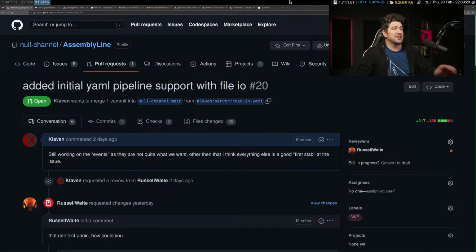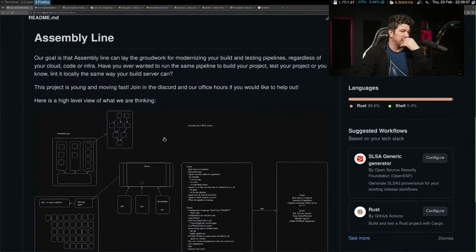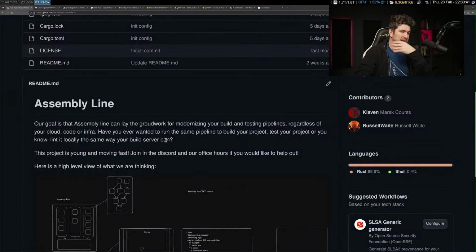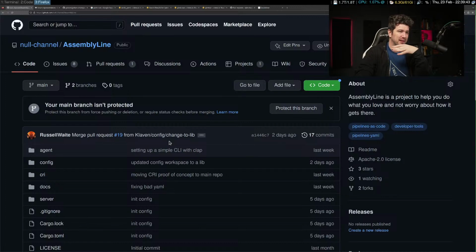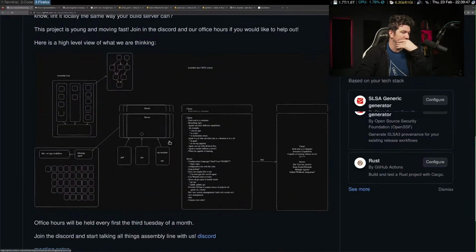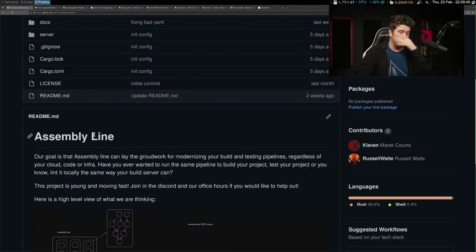I do need to work on the README. I want to make this a little bit more accessible, just in case somebody tries to get started. I was going to try to make us an assembly.